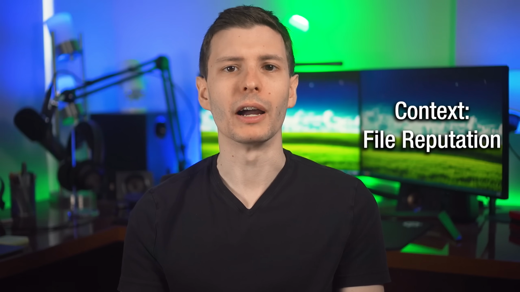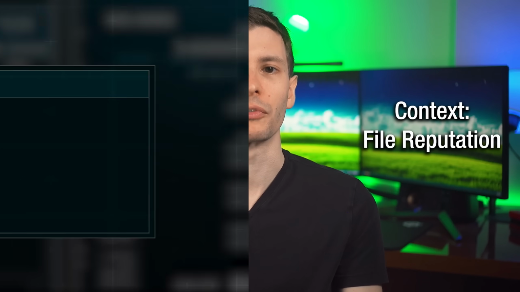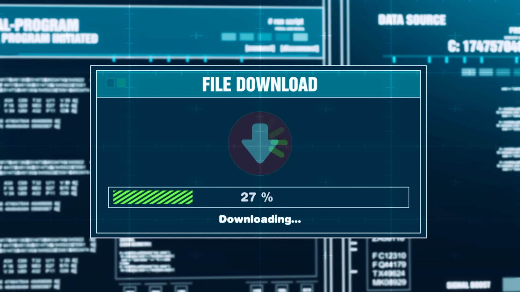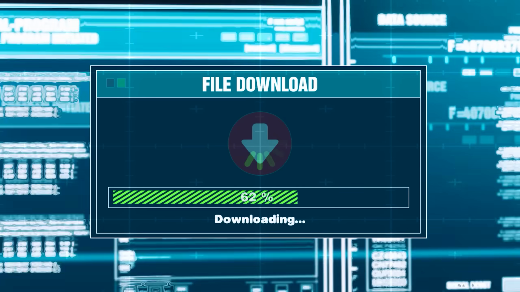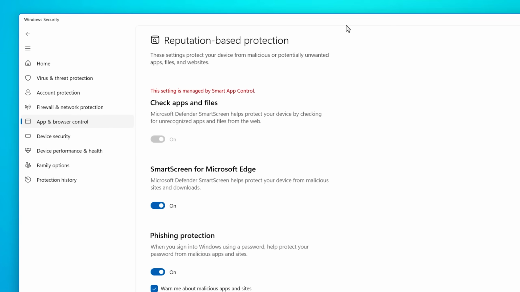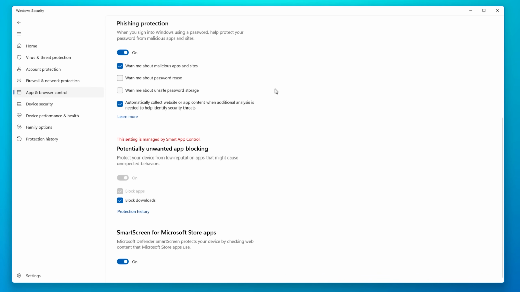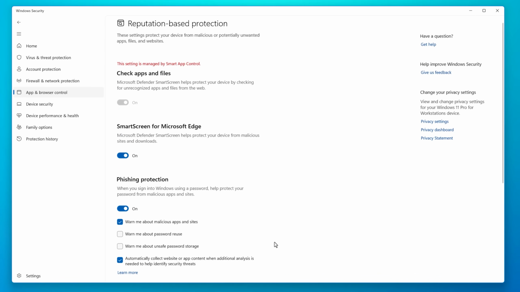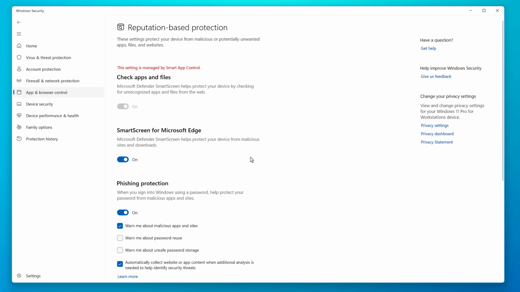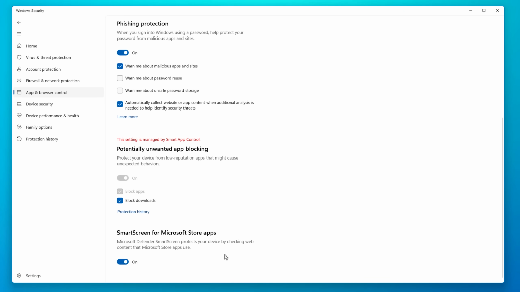Basically, when you run a file, Windows has a bunch of checks and factors to determine whether it's trustworthy. One of the factors is whether the file was downloaded, but I'll explain how it keeps track of that next. It's probably not what you think. But a really big factor is the file's reputation. Assuming you have the reputation-based protection options enabled in Windows Security, which you definitely should, Windows takes note of the unique hash of the file it's called, and checks with some cloud database to see if the file has been flagged either as a virus or alternatively is flagged as trusted.